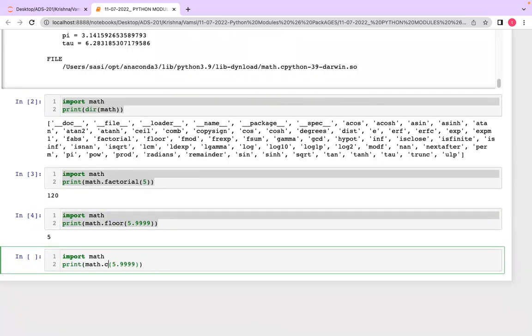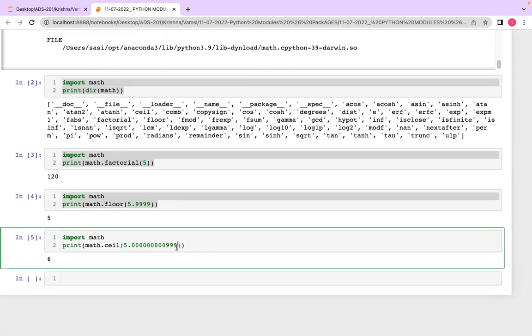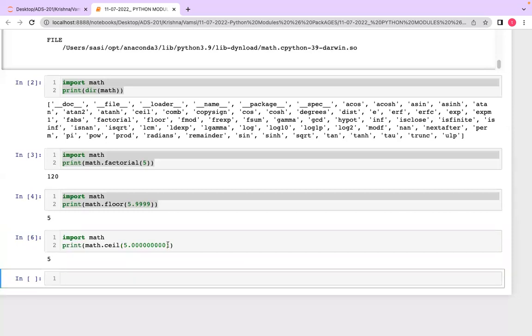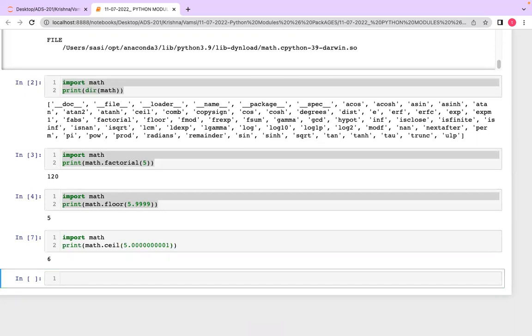Now we have the ceil method. For example, even if we have 5.0, we will get 6 only. Even if you have only a tiny fraction above the number, it would be 6.